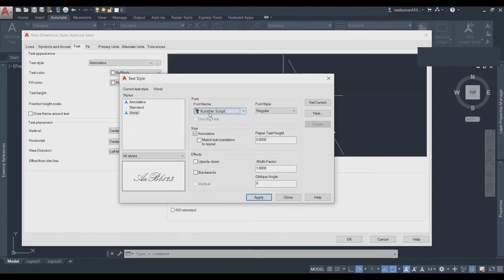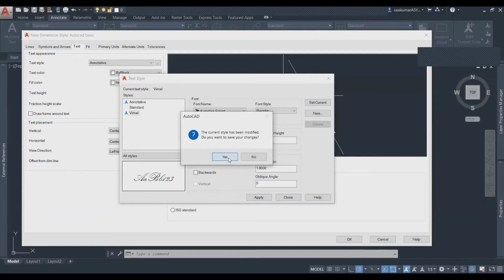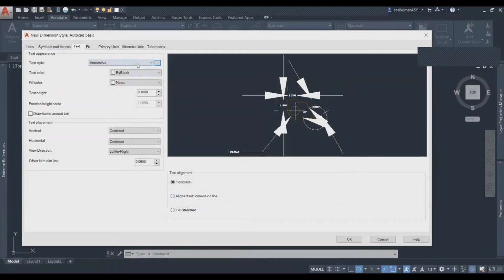Then the other style settings are here. Then regular, then size and paper weight, everything is here. Don't touch anything. Just create the name with the text. Then do set current. Then apply, close. Then automatically it will come. See here in the text, you can get Vimal. Automatically Vimal will come, then it will be reflected in your drawing. After that, you can customize the color of the text. If you choose red, then automatically, see here, the text will change to red color.